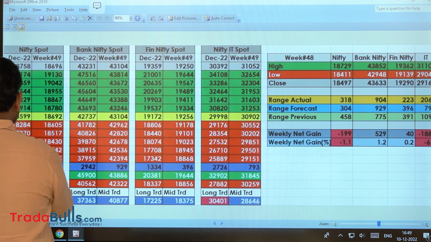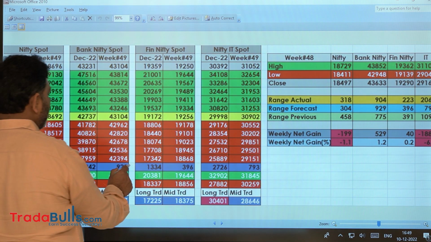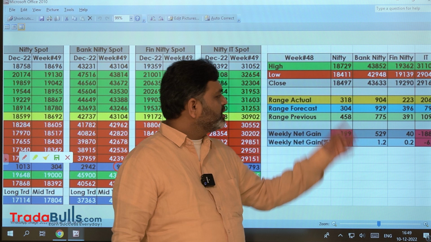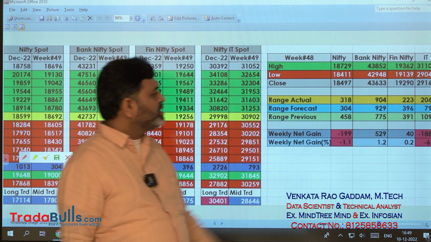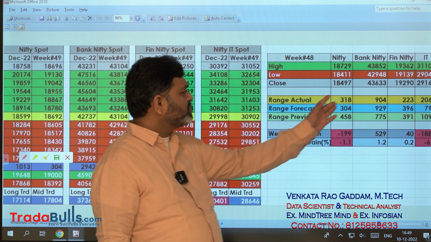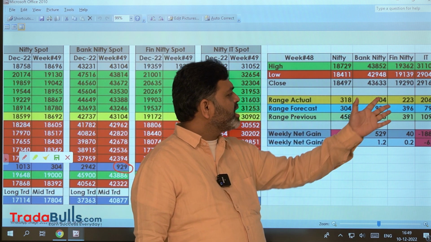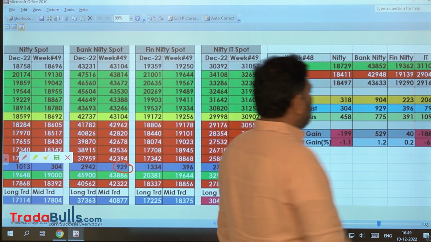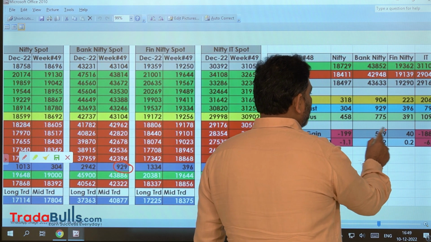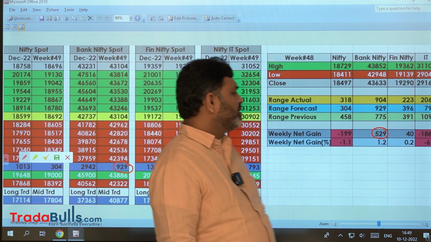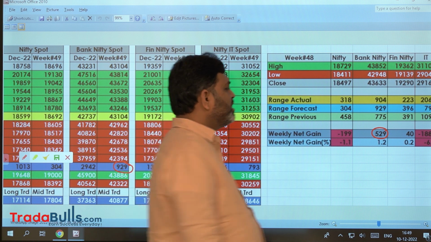So almost all the same in both Nifty and Bank Nifty, whatever we anticipated a week ahead. So 300 points in the Nifty range and Bank Nifty about a 930 points range. Almost both formed 300 and 900 points respectively in Nifty and Bank Nifty. So in terms of net to net gain, 529 points we gained in Bank Nifty, and in terms of percentage